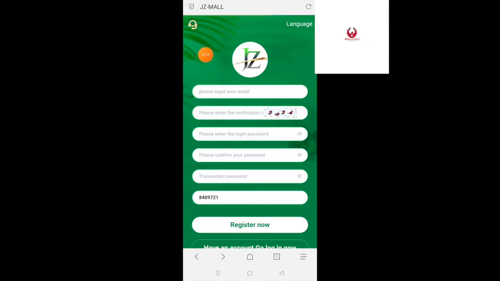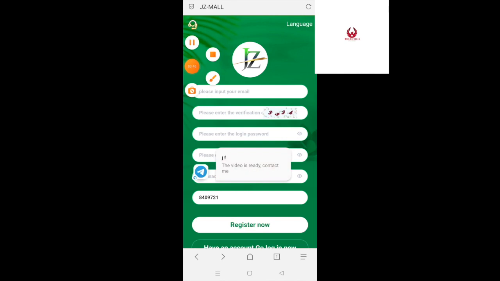So folks, here this is the present interface, and you can look at the name, Jmode. As a matter of first importance you need to register for an account. Just enter email address, certificate code, login, password, confirm password, then exchange records for things you have. Just click on register, and first you have to register.